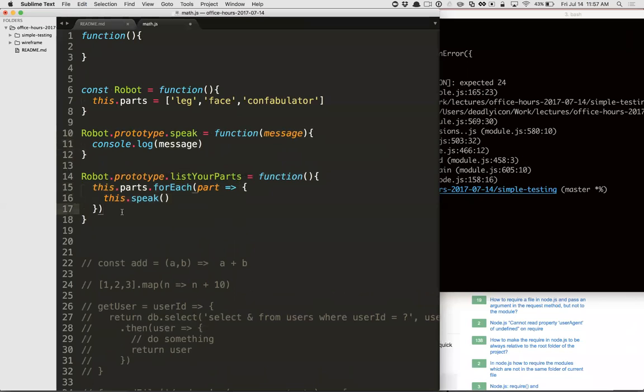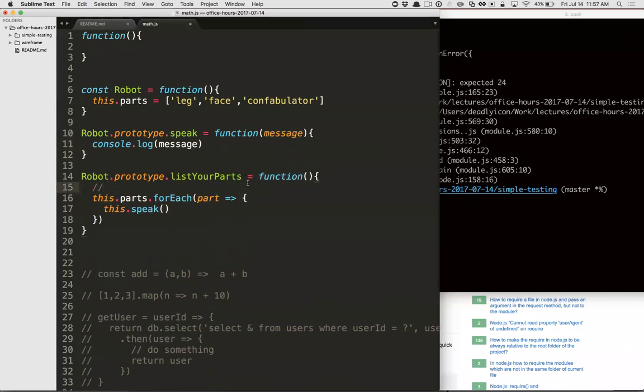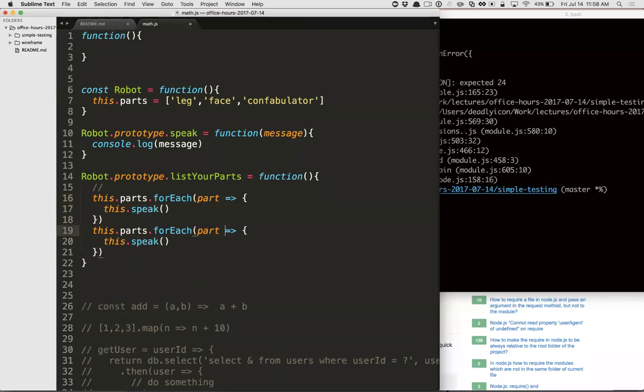And this is an example of one of the main reasons the arrow function was introduced, because the value of this in this context here, inside of this function, is the instance of the robot constructor, right? But inside of the forEach function, that's not always true. Here, let me show you the difference. If I use the old school classic function, right?